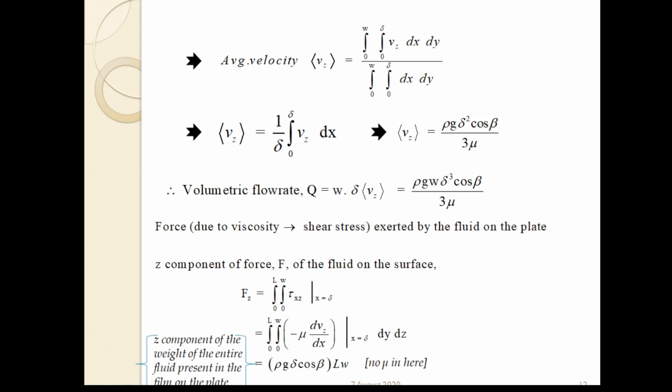As this fluid moves, the force gets transferred from the liquid to the solid in the same direction, and since the fluid is moving, it would obviously try to take the plate along with it. So in order to keep that plate stationary, we must apply a force in the reverse direction, because the fluid flow would try to take the plate along with it.